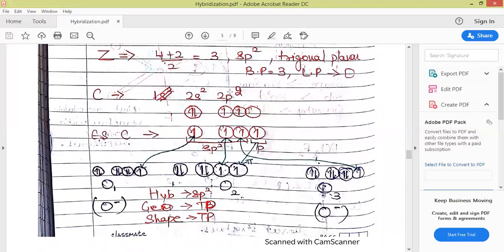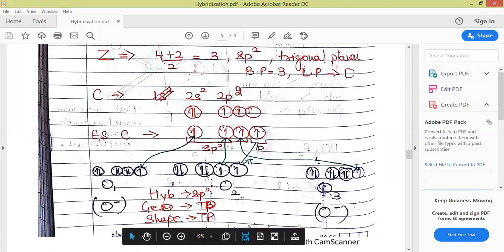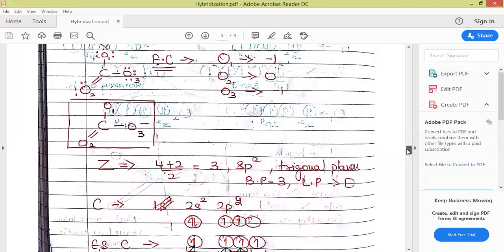This is the ground state electronic configuration of carbon. As lone pair is going to be 0, so we'll promote 1 electron and all the orbitals will be occupied singly now. There will be these 2p and 1s orbital will undergo hybridization and 1p orbital will be left. So these 3 orbitals will form sigma bonds with 3 oxygens each, and one of the oxygen will form pi bond with this electron which is present in the unhybridized p orbital.